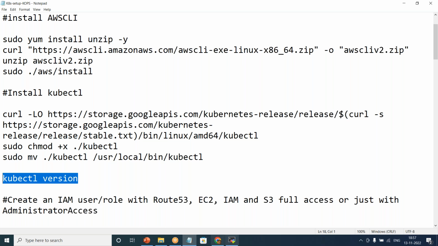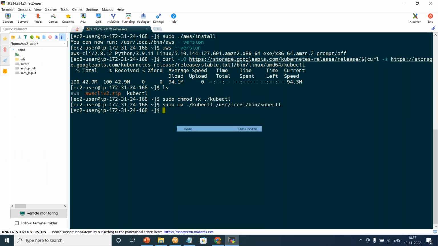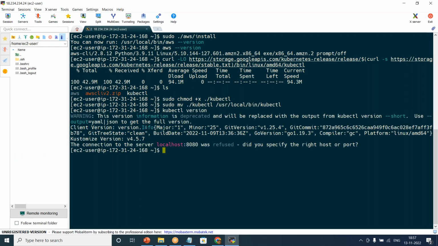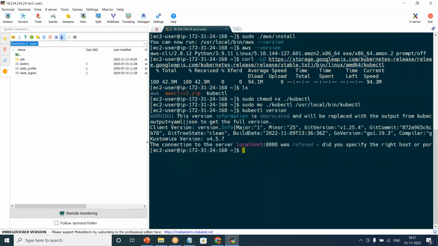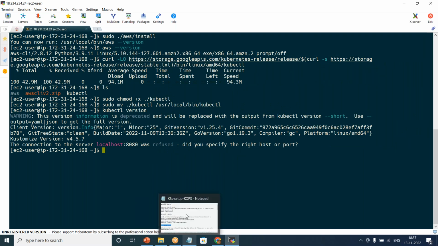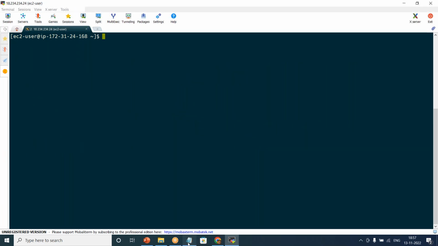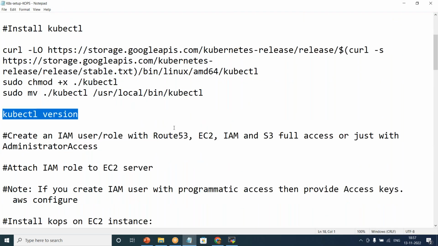If it is all installed correctly, go and check for the version. You should be able to see that it is installed. See, it's already installed, but the connection is not yet done because we don't have any cluster now. Okay, but it is installed. You can see all the versions and everything there. Once the kubectl is over, now you need to create an IAM user role with Route 53, all this